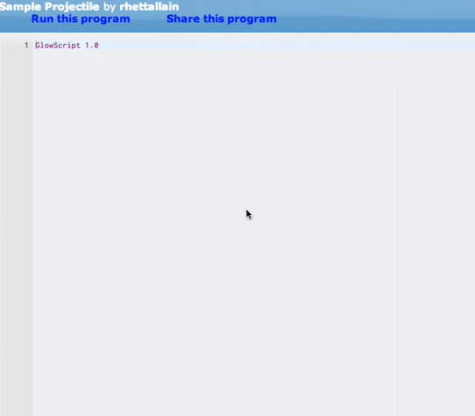Hello, this is Rat Delane, and I'm going to show you how to make a quick example program in GlowScript showing projectile motion. Okay, so the first thing is GlowScript,